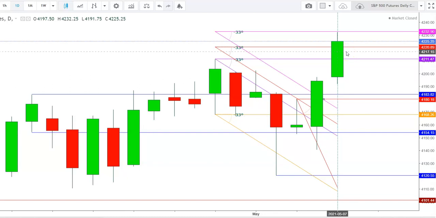So here I find that if the S&P 500 futures start the upcoming week below the levels of 4217, we'll see a steep slide in the S&P 500 futures, which could push them to test new lows during the upcoming week, where the S&P 500 futures could break the major support at 4168, where the next support will be at the levels of 4154, where the S&P 500 futures could find some support here, but a breakdown below this level could push the S&P 500 futures to test new lows at the levels of 4101 during the upcoming week.